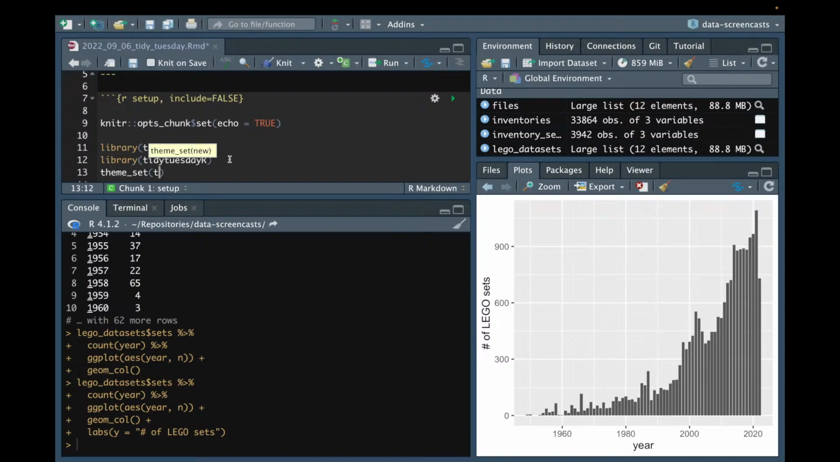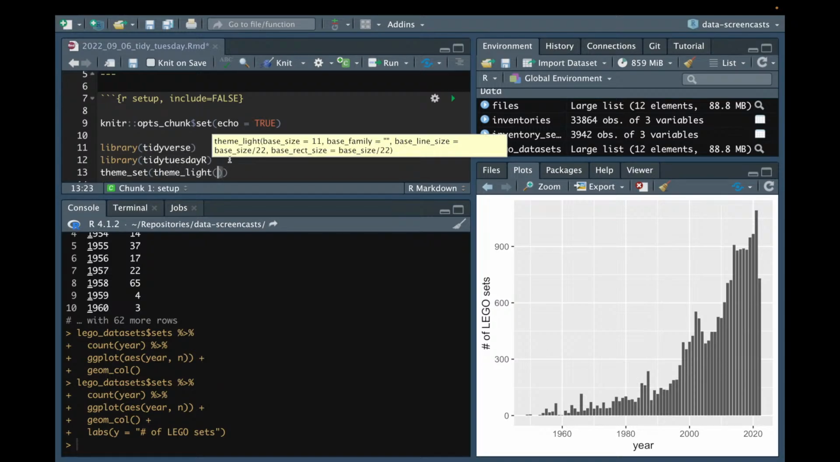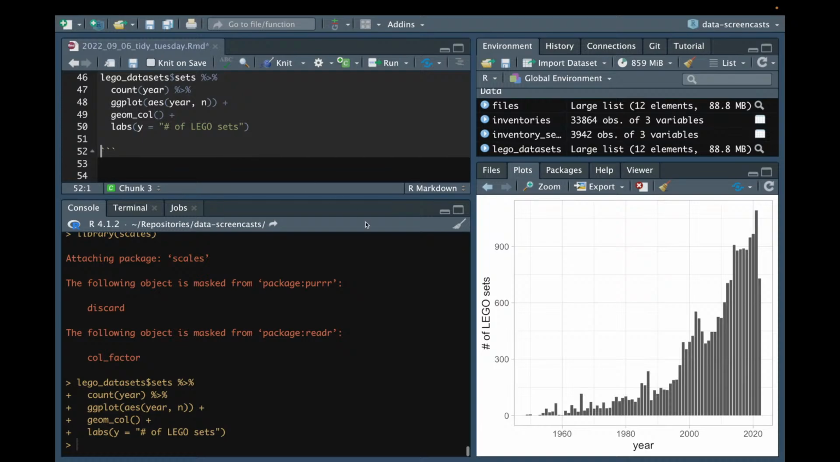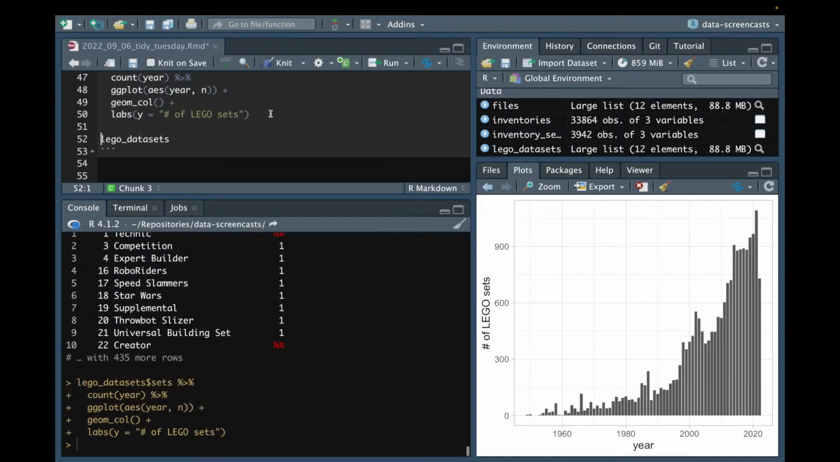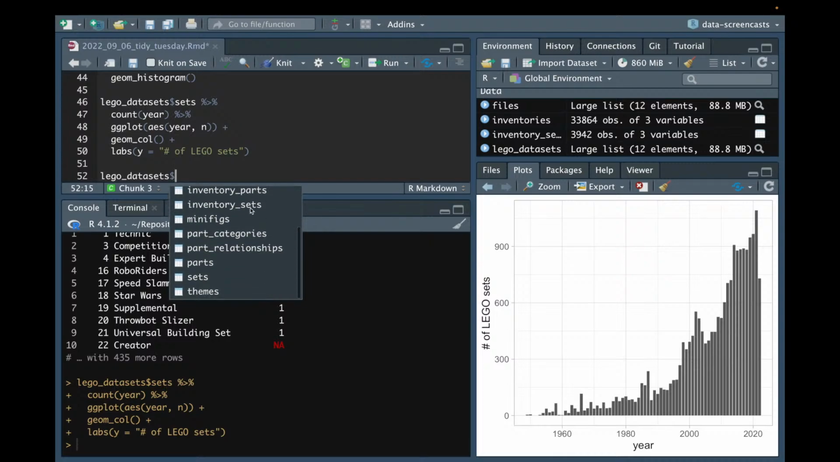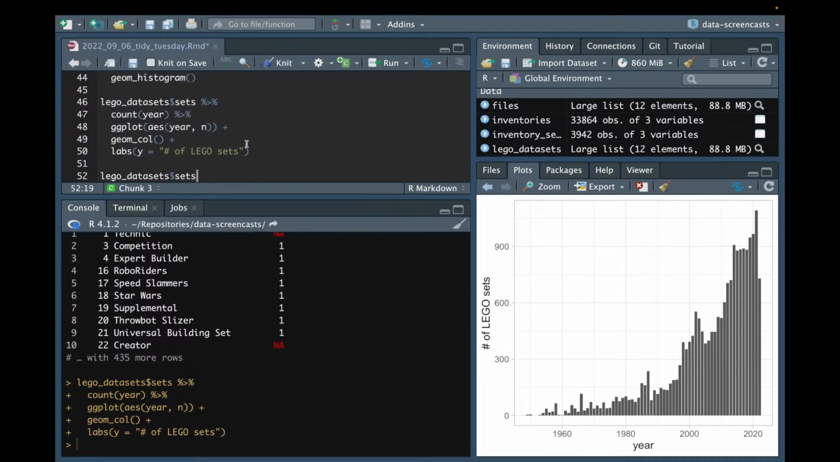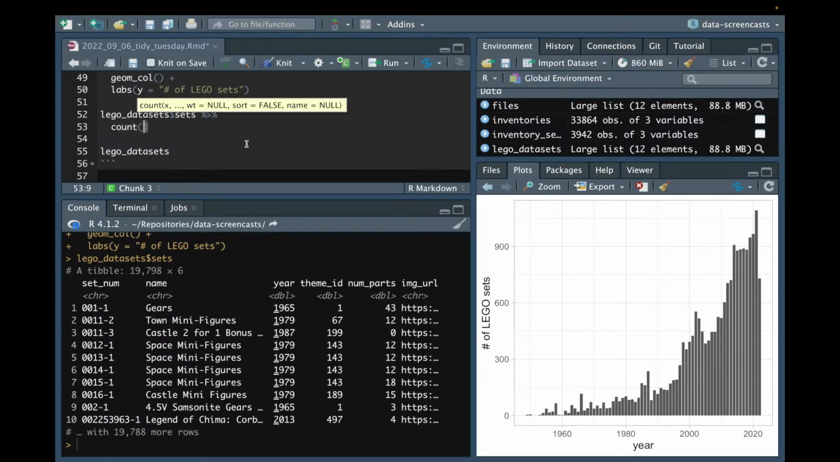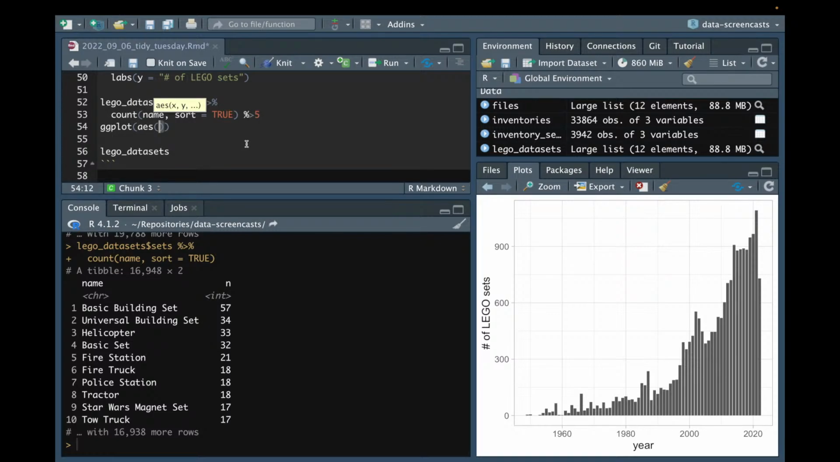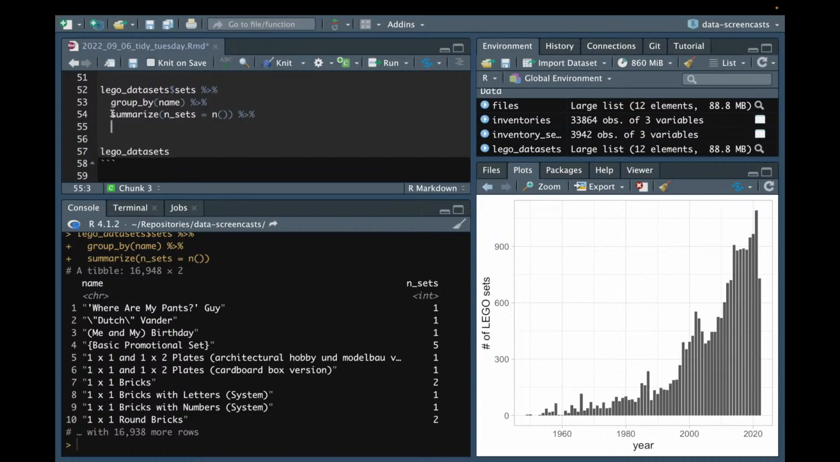I'm going to do a couple other things. There's theme_light, and I'm going to load in the scales package. All right, so now I'm able to say something like, okay, Lego sets over time. Let's look at a few other things that we might use here. We've got sets, and some have the same name, like basic building set pops up many times. I'm actually going to do a group by name, summarize, and sets is n, and then